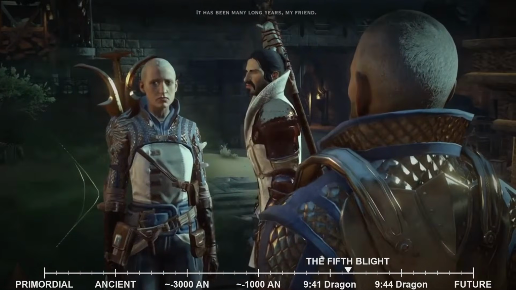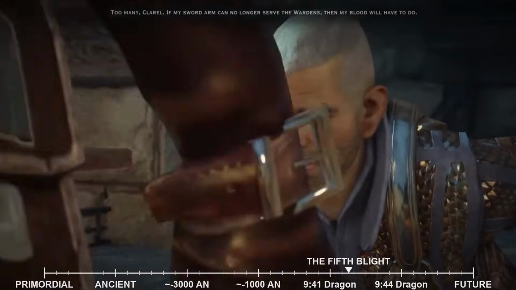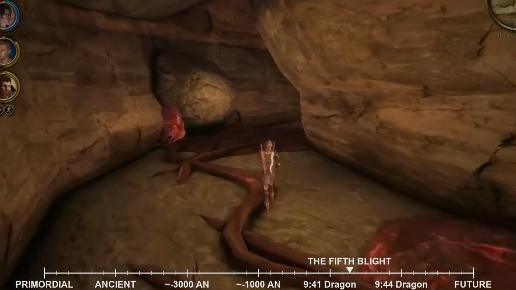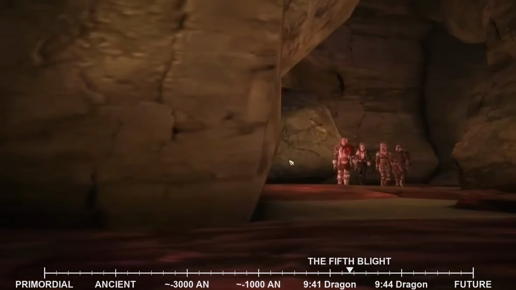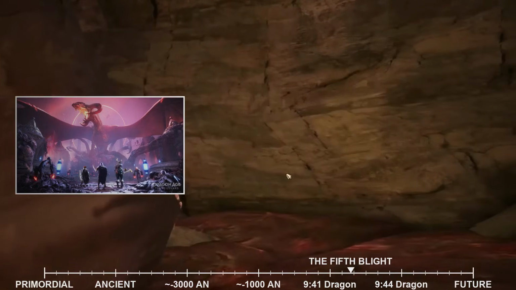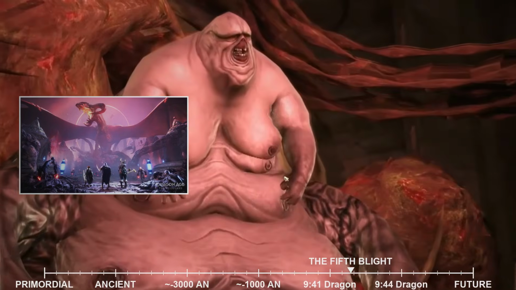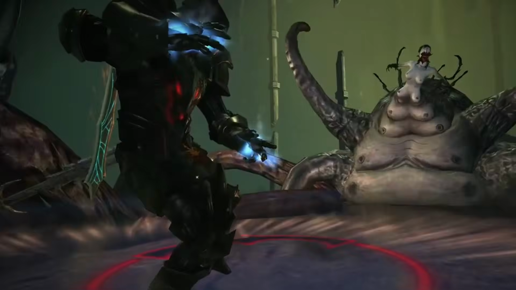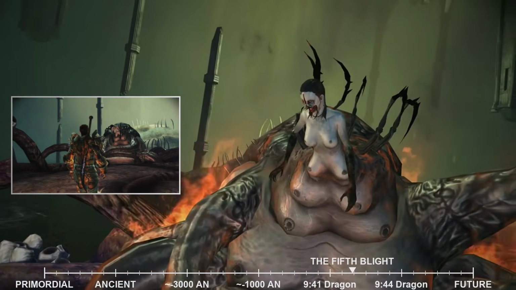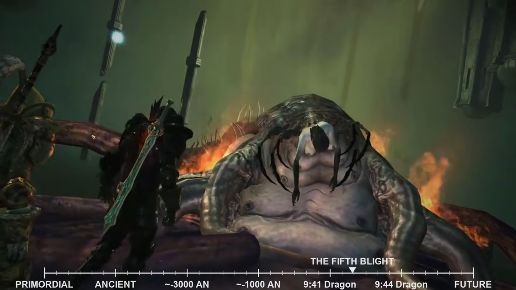Finally, after a grueling and costly campaign, the Warden Commander confronts the Mother herself within the deepest recesses of her lair. The battle is a climactic struggle against a creature of immense power and horrifying resilience. The Mother, a grotesque and formidable foe, unleashes her full might, attempting to crush the Warden Commander and their companions. However, through sheer determination, strategic brilliance, and the unwavering courage of their allies, the Warden Commander ultimately defeats the Mother.